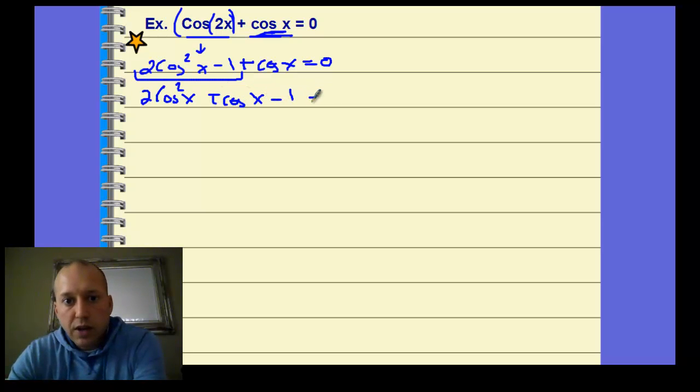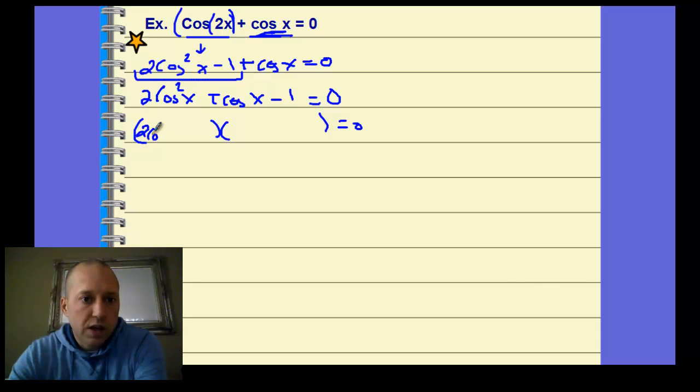So I put the negative 1 last, so you can see the trinomial, which then becomes factorable. So we have 2 cosine x and cosine x. And we're going to have a negative 1 and positive 1. And that will give us a y value that's positive 1. So we can set each of these equal to 0. So we get 1/2